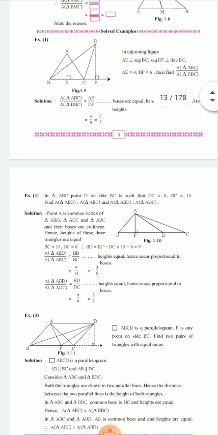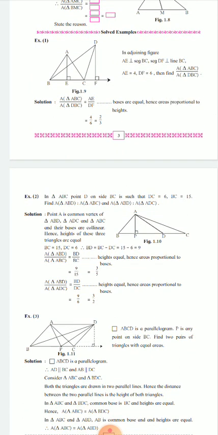So in this example, one more calculation we have to do. See, the distance BC is given and the distance DC is given, which are nothing but the bases for triangles ABC and ADC, isn't it? For triangle ABD, the base is BD, which is not given. So we can easily calculate it. Distance BD equals the complete base BC minus the distance DC, and you will get the base BD, that is the base of triangle ABD.